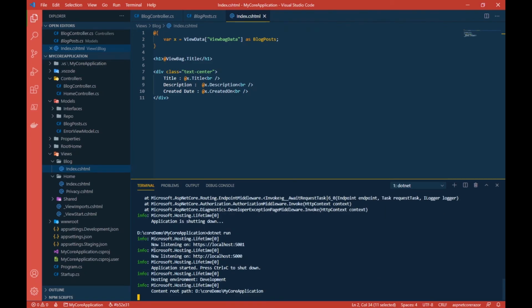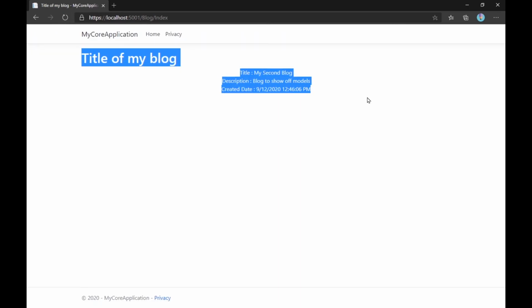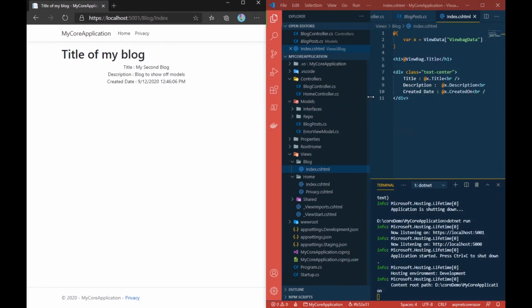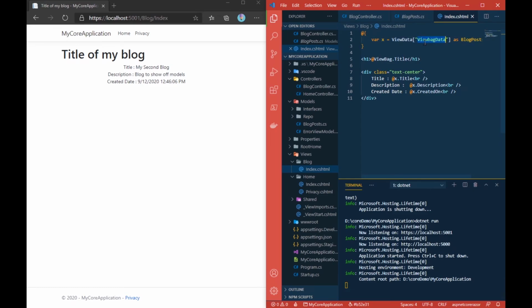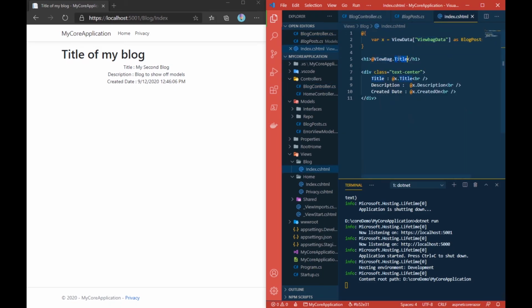Okay, now our application is running. Let's open our application, refresh this, and here you can see it runs fine. There is no exception. Let me open them side by side. By opening side by side, you can see even though we are using ViewBag data in ViewData and title in ViewBag, we can still run this code perfectly without any errors. And this confirms that ViewBag and ViewData share the common data source, and ViewBag is nothing but a wrapper on top of this ViewData dictionary, which converts everything to dynamic, and you can directly access with a dot rather than writing this sort of code.